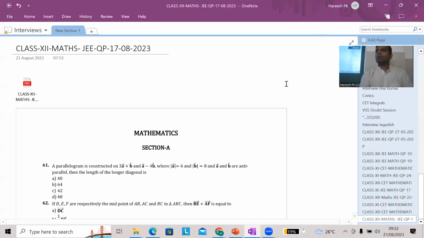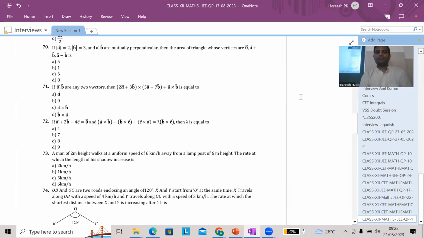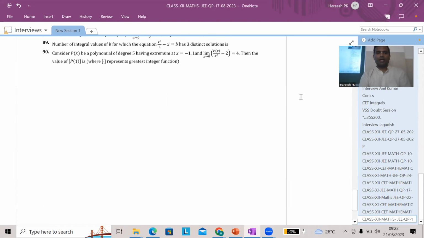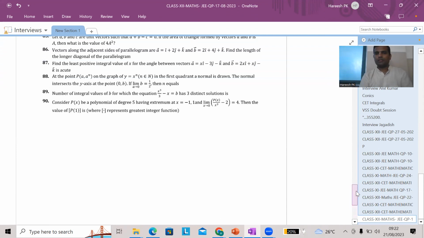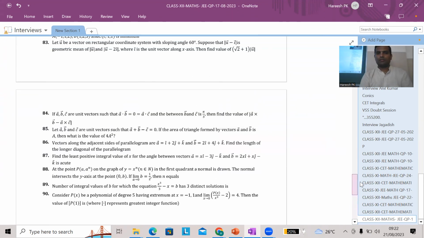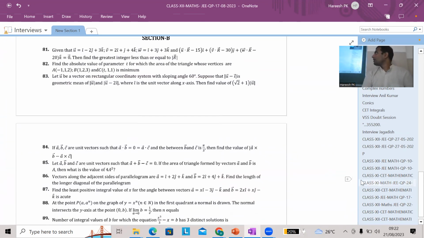Yeah. So we shall first discuss the integer type, and once the integer type is done, we shall discuss other questions too. Sharan, you can be in line. Okay, so